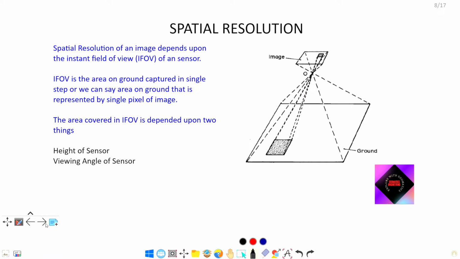Now, on which thing does spatial resolution depend? It depends upon instant field of view, which in short form is IFOV. What is instant field of view? Instant field of view is the area on ground represented by each pixel, yeah, 1 pixel. Area of ground represented by 1 pixel, or we can say area of ground scanned in one click or a